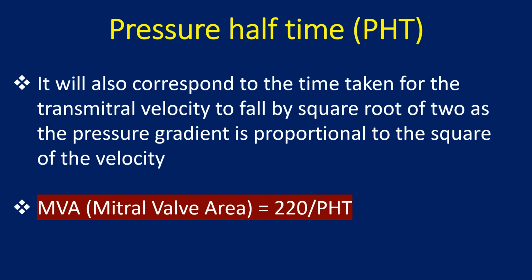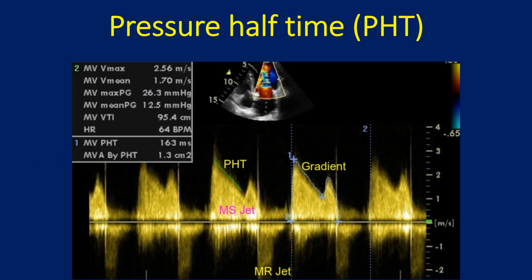It will also correspond to the time taken for the transmitral velocity to fall by square root of 2, as the pressure gradient is proportional to the square of the velocity. Mitral valve area is equal to 220 by pressure half time. In this image, the green cursor measures the pressure half time of the mitral stenosis jet. In this case, the pressure half time was 163 milliseconds and the estimated mitral valve area by pressure half time